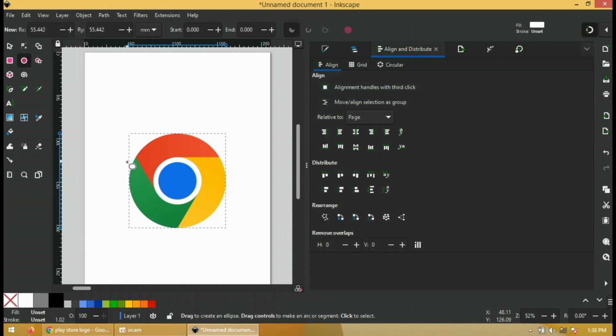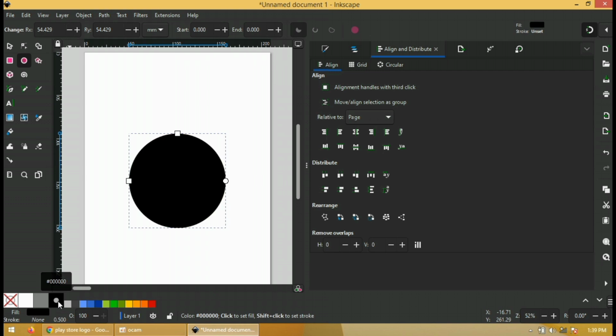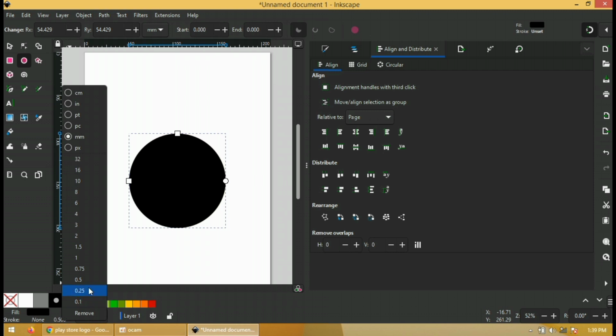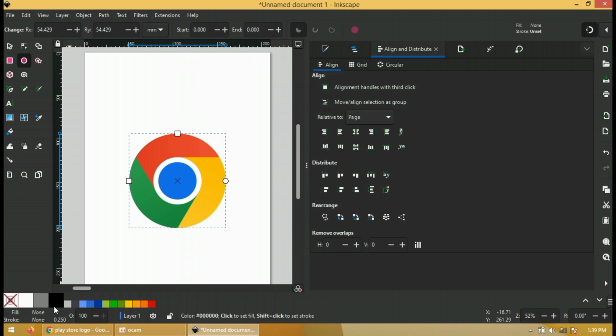Select the ellipse tool. Left click and drag to create a circle around the reference photo. Holding the Ctrl key, we maintain the aspect ratio in order to create a perfect circle like this one. Right click here and select 0.25 stroke thickness. Click here to remove the fill color, then hold shift and click the black color to change the stroke color